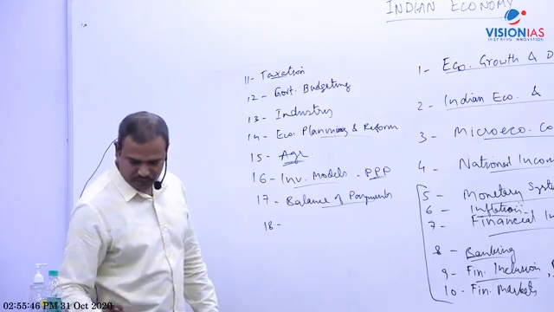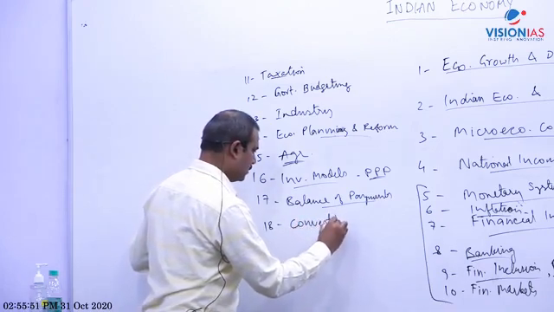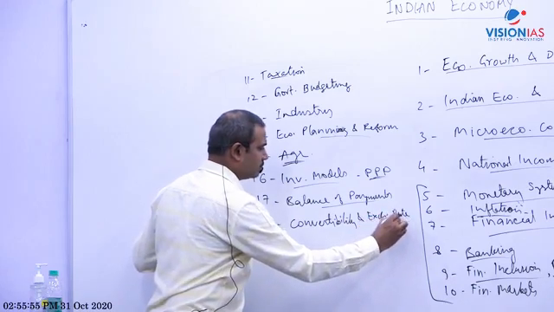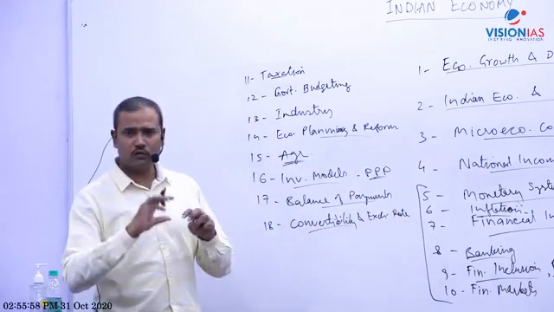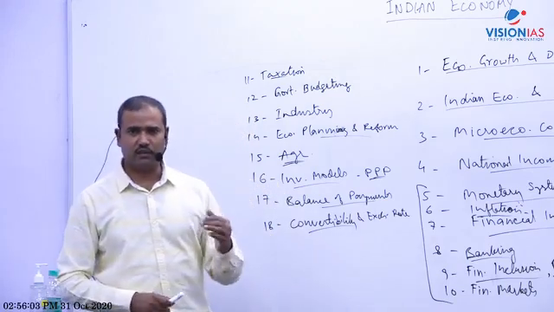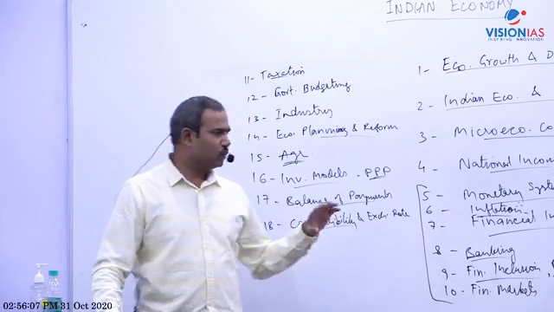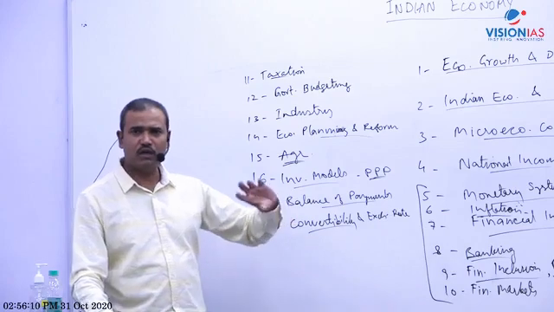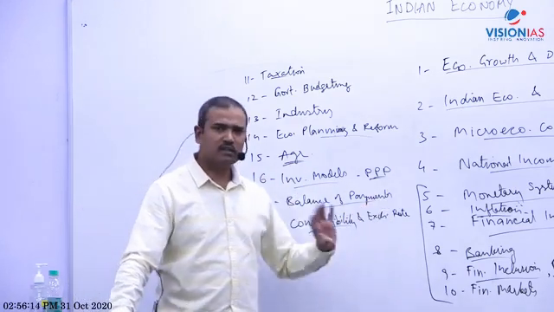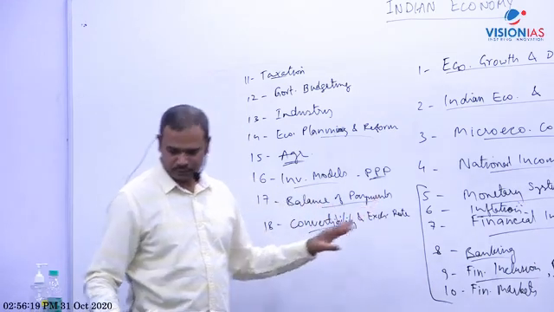Another is convertibility and exchange rate systems. Convertibility means conversion of rupee into foreign currencies. We don't have full convertibility, so there are some restrictions. If you want to go abroad or invest abroad, you cannot convert rupee into dollar without any limit. So we will discuss what issues are there in current account convertibility, capital account convertibility, the Tarapore Committee, etc. And types of exchange systems, depreciation, appreciation, revaluation, devaluation, and issues in that.